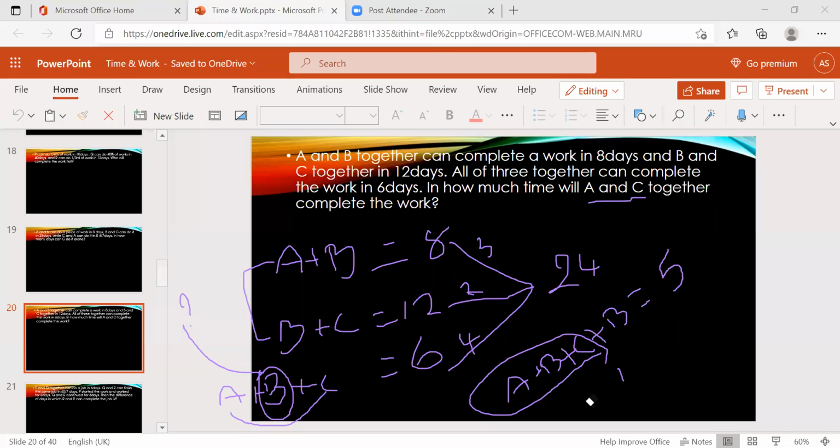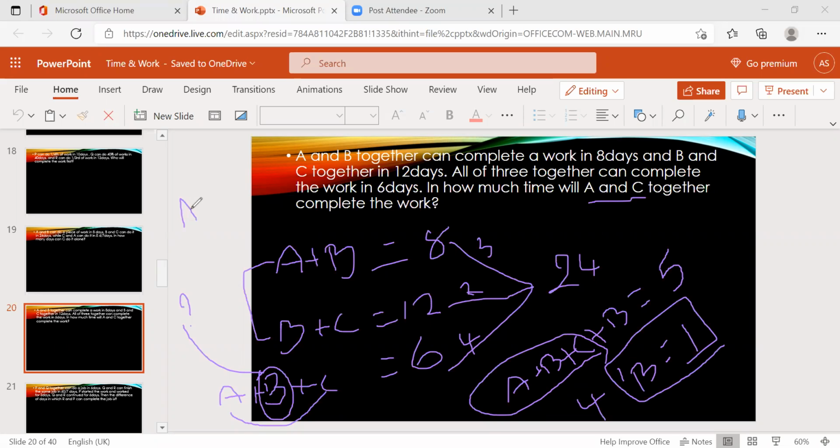Here, A plus B plus B plus C value is nothing but 5. And A plus B plus C is nothing but 4. This is the efficiency of this. So now B equals 5 minus 4, which is nothing but 1. Now we got the 1 here, right? So directly just substitute here.